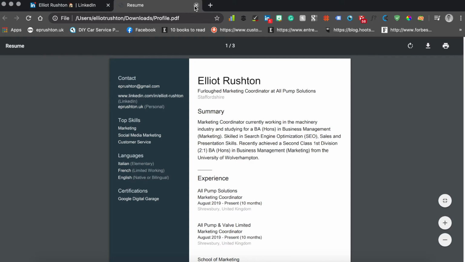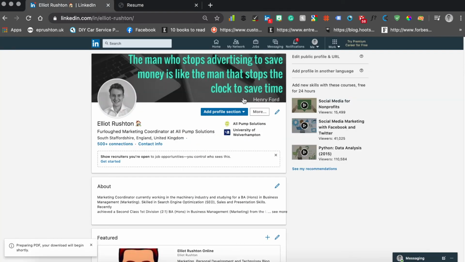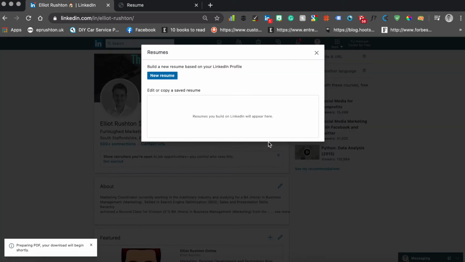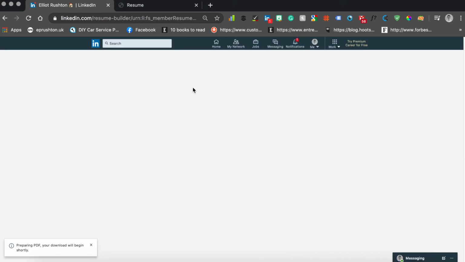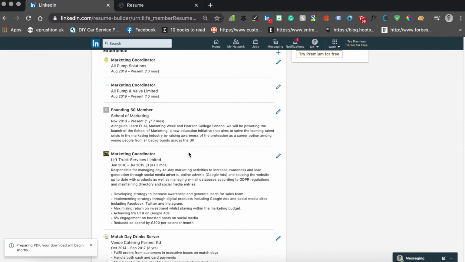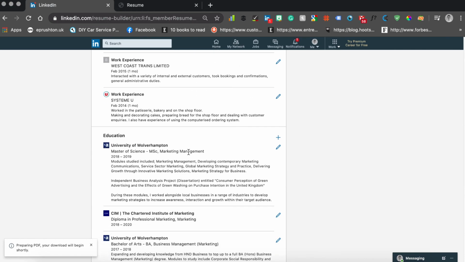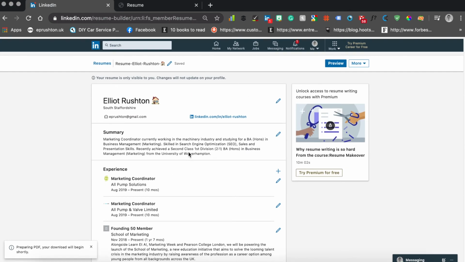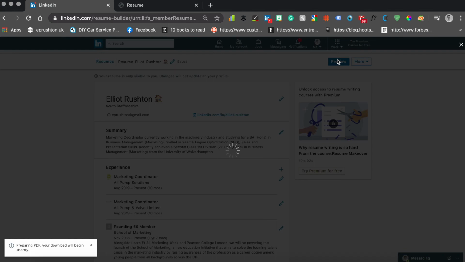So your second option is then to create a resume entirely from your LinkedIn information, but you can also then edit it as well. So if you then go back onto your profile and click on create a resume, it comes up with a screen, press new resume. So this is all the information that's on your profile, but as you can see with the little pencils, you actually now have the option to make changes, to add information, take information away, and you even get the option